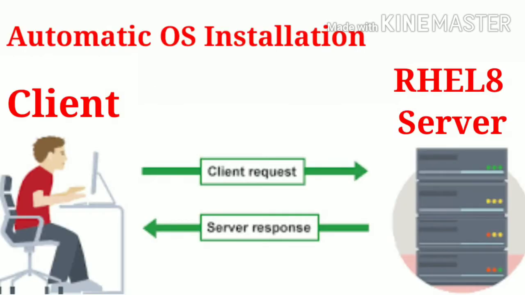while the installation process runs. So for this scenario we have a Red Hat server and a client. The server and the client are connected through the network. In the client machine we will install operating systems without user intervention. We can access the operating systems and their parameters to install in the machines. It will be accessed through the remote Red Hat Linux server. So let's do our lab session.